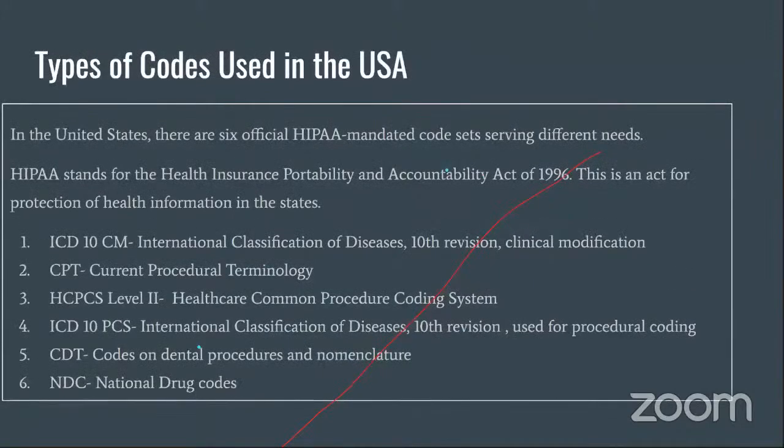Now that we have established that medical coding is absolutely essential and crucial to the operation of healthcare systems, let's talk about various types of medical codes that are used around the world. So, what are some of the codes that are used around the world? Medical coding is performed all over the world, with most countries using the International Classification of Diseases, or ICD. ICD is maintained by WHO, the World Health Organization, and it's modified by each member country to serve its own needs.